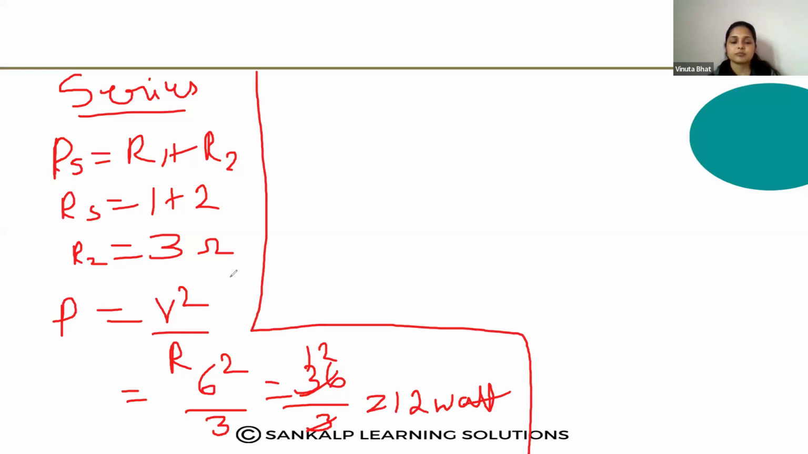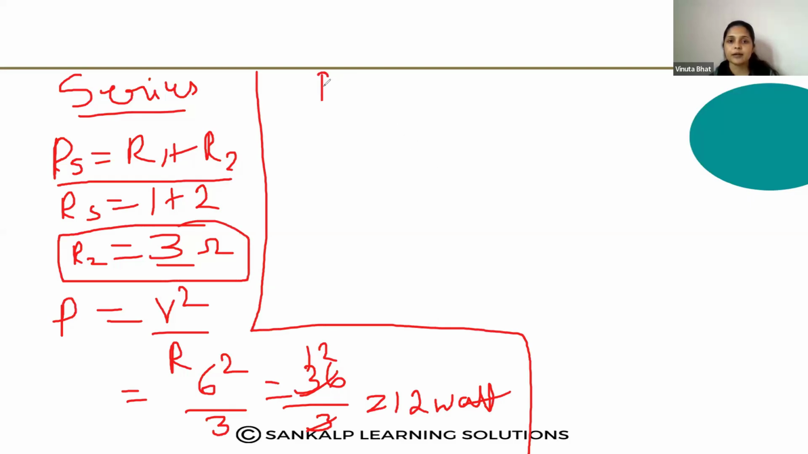Okay. Here, first you have to find out the total resistance, that is 3 ohm. Apply the P is equal to V square by R formula. V square, that is 6 volt already given, that is 6 square, that is 36, and R means the total resistance, it is 3 ohm. Okay. Next, in case of the parallel connection,